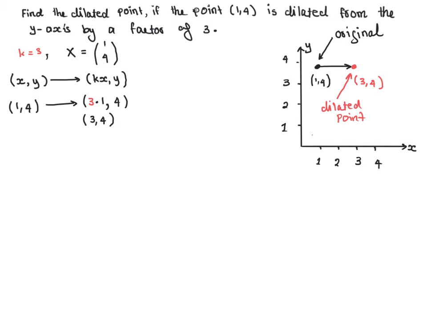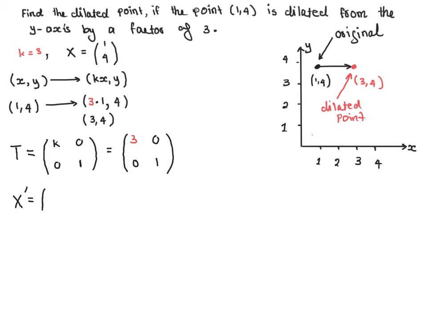Let's do this in terms of the transformation matrix. We know that from the previous video. If you haven't watched it, please do so to get a better understanding. Nevertheless, I will just restate it here. T would be equal to the matrix k 0, 0, 1, and that will become, k in this case was 3, the matrix 3, 0, 0, 1, and then we know that the new point, which I'm going to label x dash,